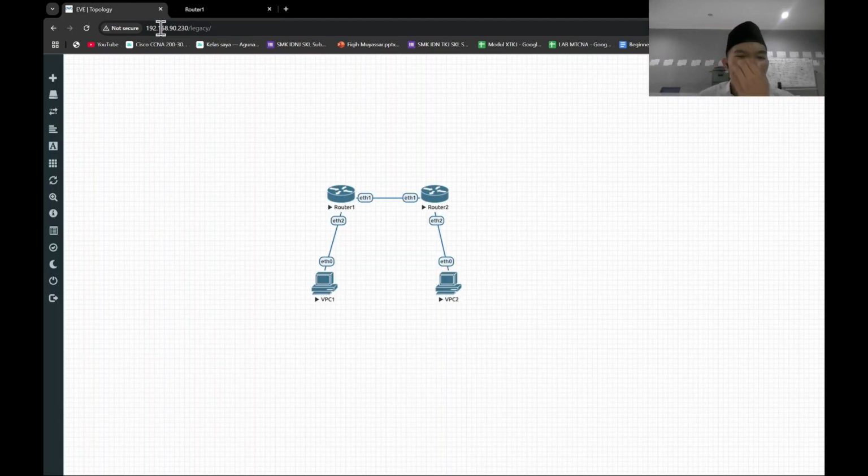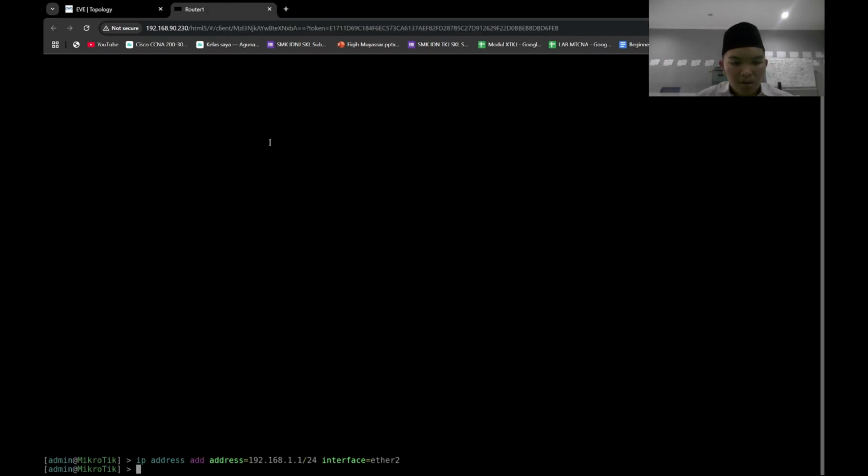And the next we're gonna add the address for Ether1 that connects to router 2.